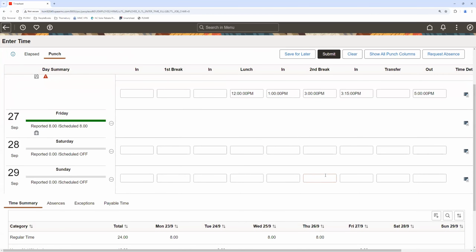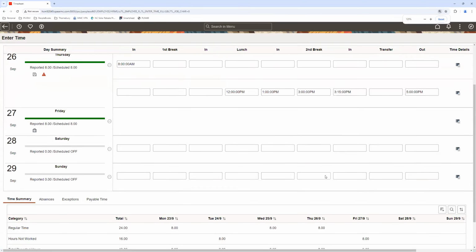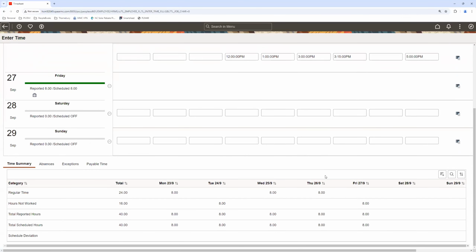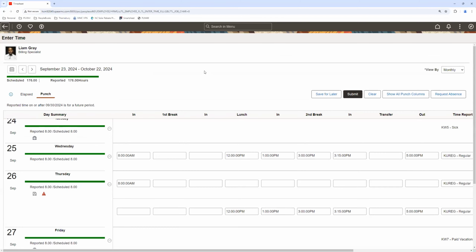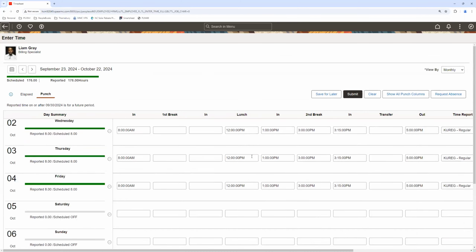Now, one of the latest functionalities that was made available is the summary section at the bottom of the page. Customers who have been using PeopleSoft for a long time, who are using the classic version, would be aware of this. The same level of summarization is now available in the fluid functionality as well. So let me look at my monthly time. Let me view by monthly, and if I scroll to the bottom,